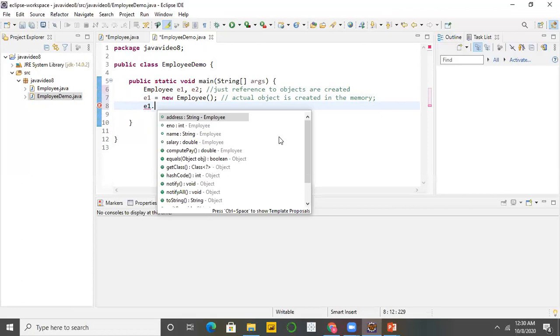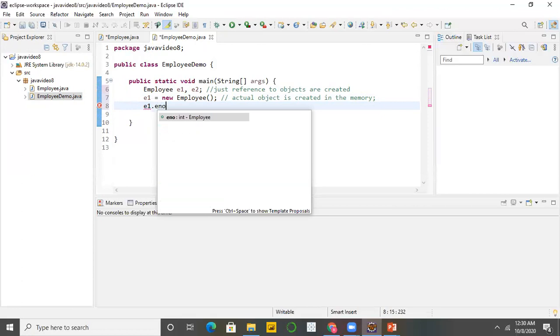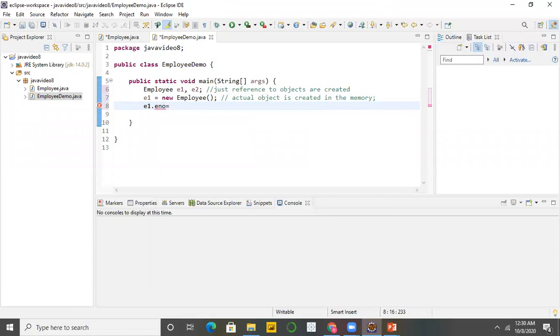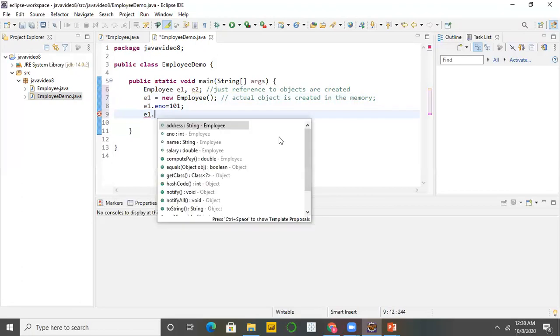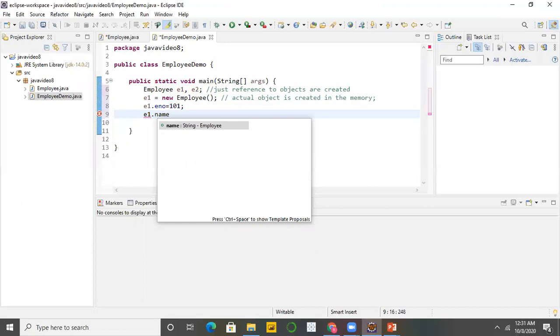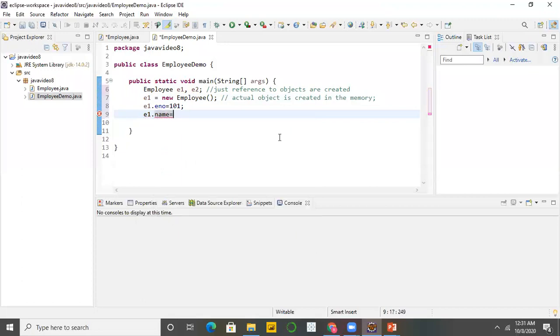Suppose I want to access E1.ENO equal to 101, which is the employee number, or E1 dot name, which is of string type. So we have to give the value in double quotes. Suppose Ravi Patki, give semicolon.